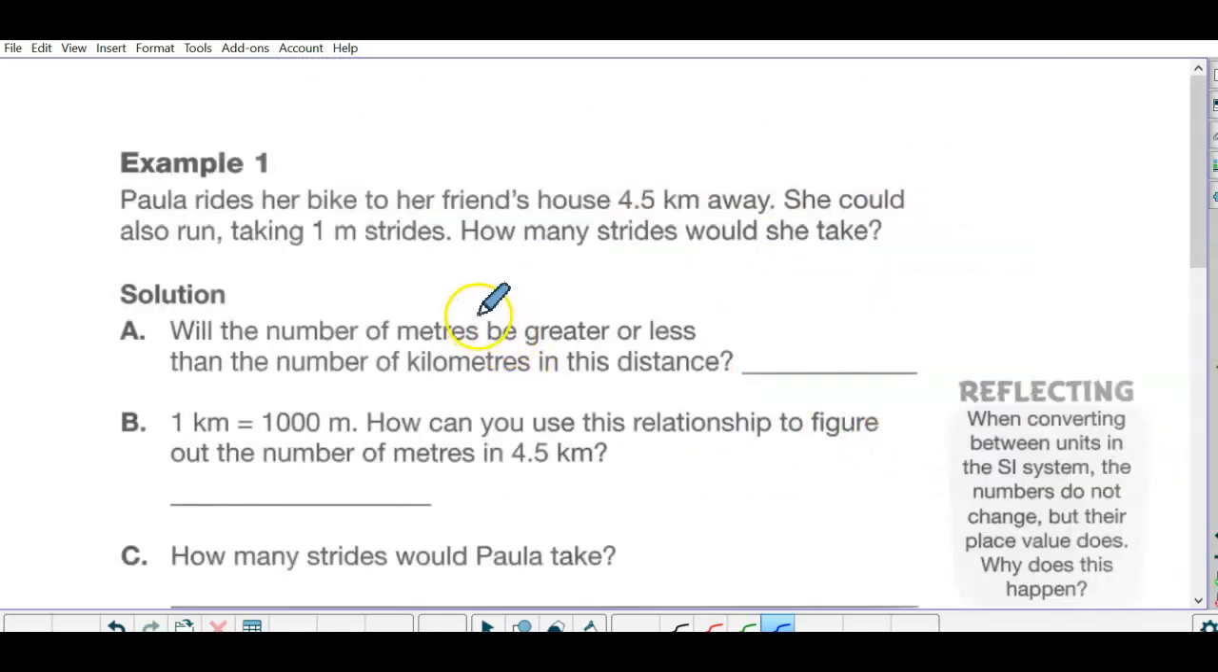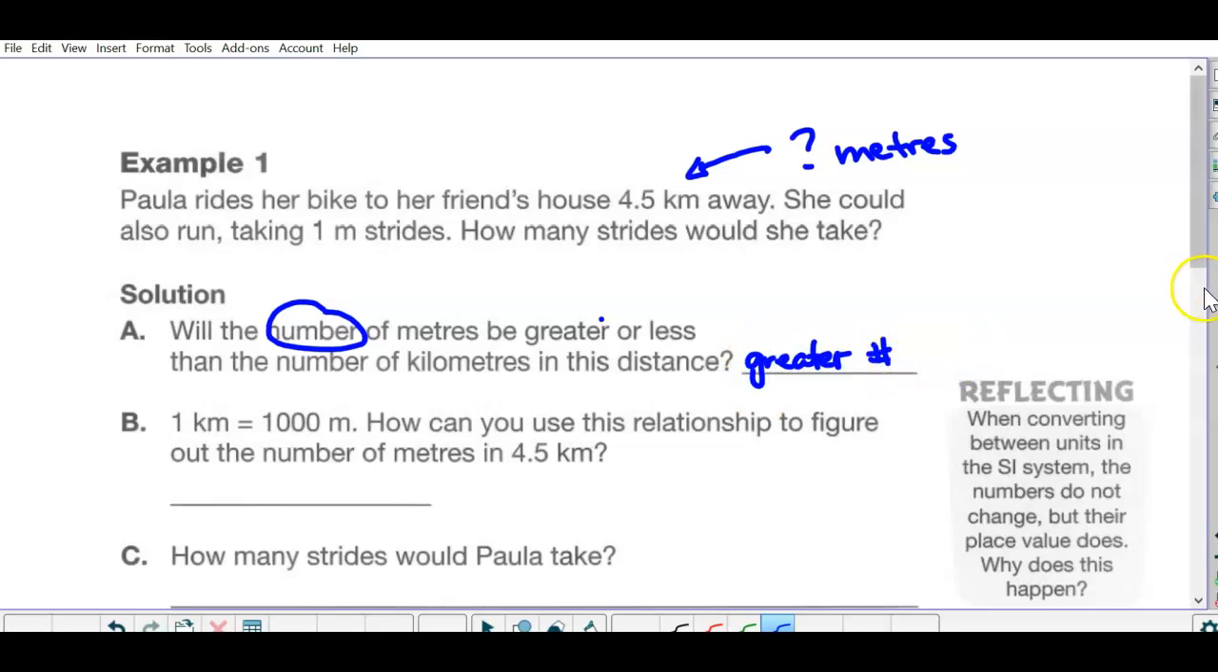Then example 1. Paula rides her bike to her friend's house, 4.5 kilometers away. She could also run, taking 1 meter strides. How many strides would she take? So really, we want to convert to how many meters. Will the number of meters be greater or less than the number of kilometers in this distance? They're just talking about the number. So it's going to be greater, right? Because a kilometer is a big measurement. There's lots of meters in it. So it's going to be a greater